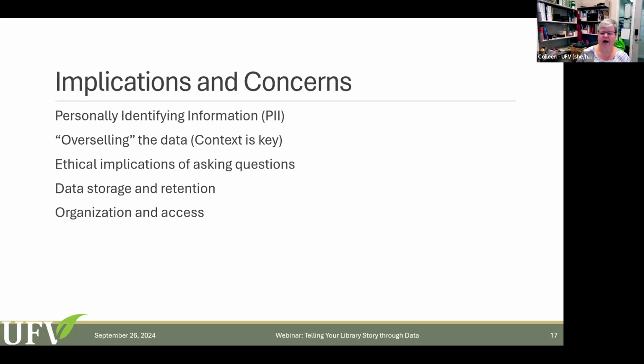For example, I can't run reports of historical transactions, say historical circulations that are tied to a specific individual, because we have selected not to store that data in our historical data sets. But I can run a report of who currently has something checked out, because I may need to use that data in some way.